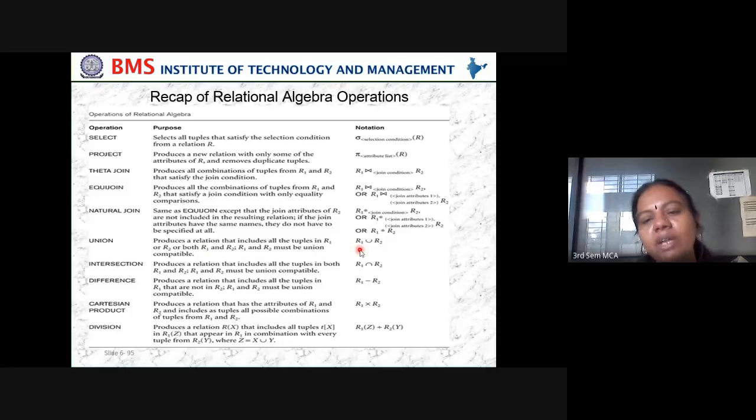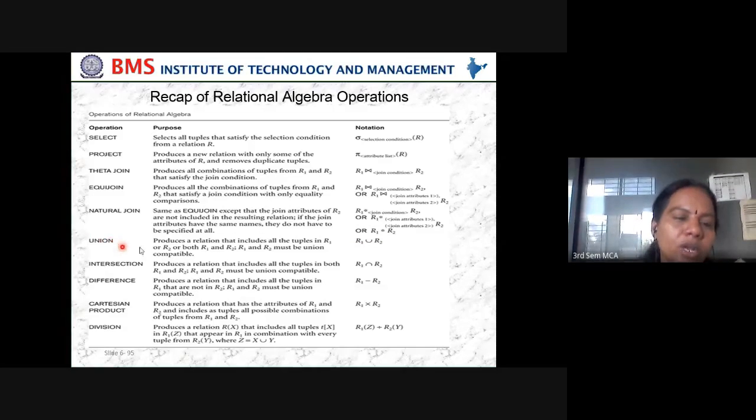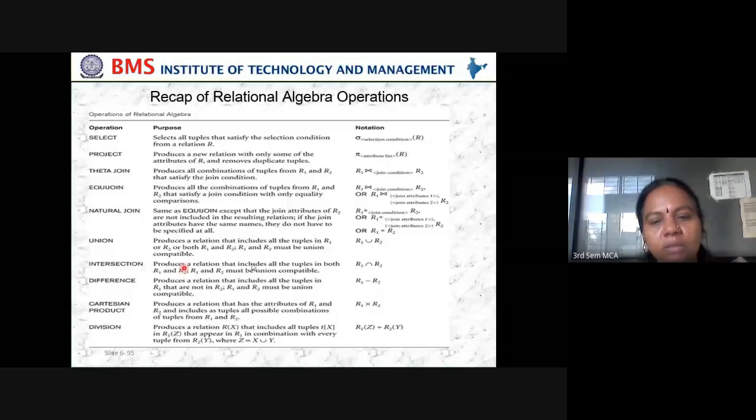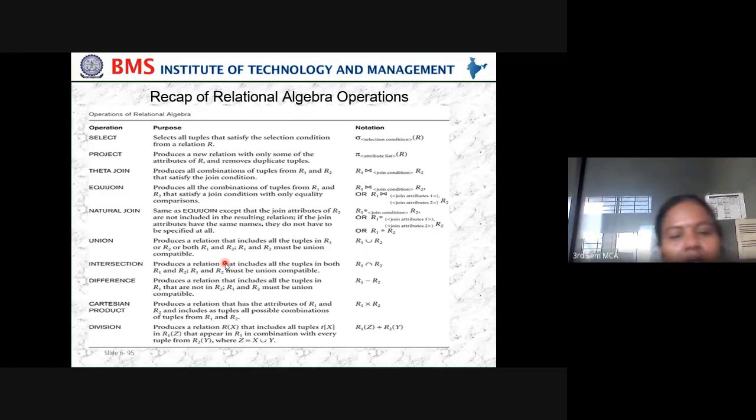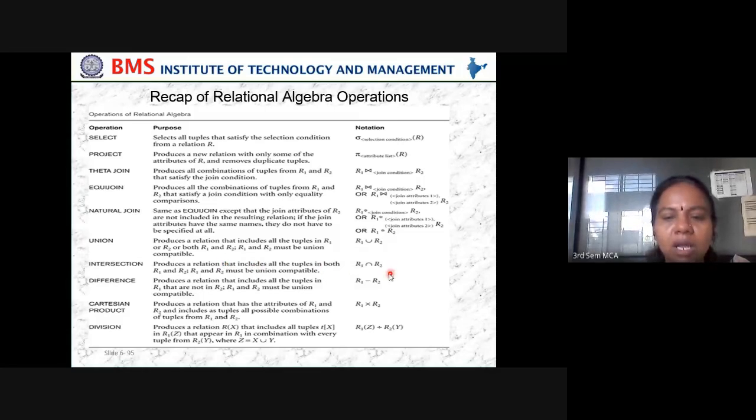The symbol is R1 union R2. Then intersection means all the rows which are common in R1 and R2. Then difference: the elements which are present in R1 minus R2 is what is called a difference.